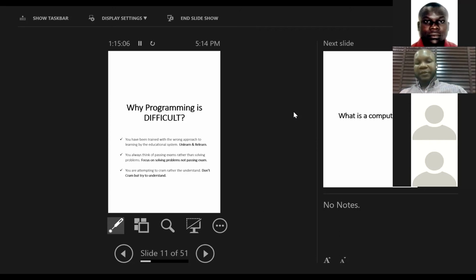I'm using them interchangeably, okay? So as a programmer, you are actually a problem solver. What problems are you solving? You are solving problems for organizations, for society, for people. You are writing codes to, to